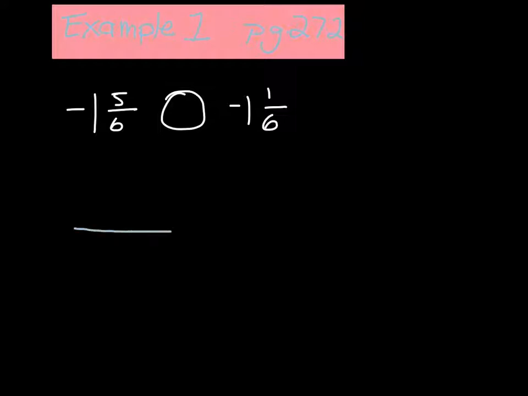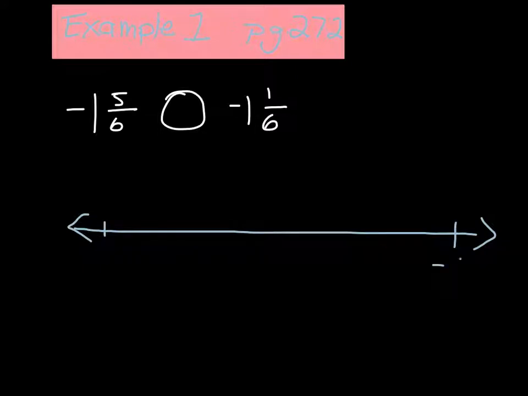So I can draw my number line, and those are going to be the numbers on the ends of my number line. So this will be -1 and -2 will be on the left. Now my denominator is 6, so that means I want to break my number line into 6 equal parts. So I'm going to make 1, 2, 3, 4, 5 lines, and those are about 6 equal parts, and then